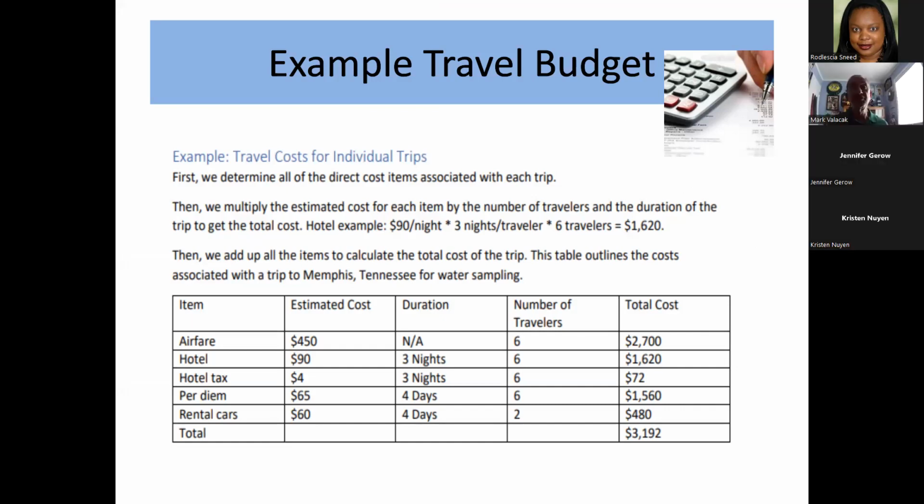Here at the university, we've got a per diem that we provide to each of the employees or staff who travel on university business. So each employee is paid a certain amount to cover their breakfast, lunch, dinner, and associated costs you might have, like